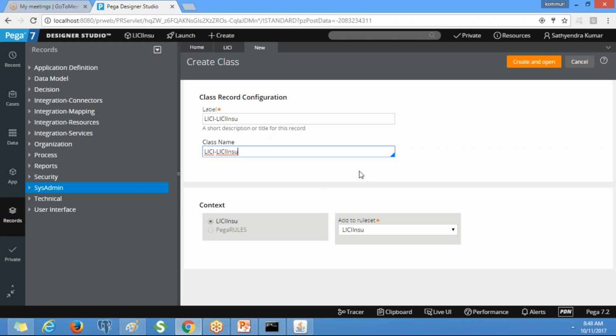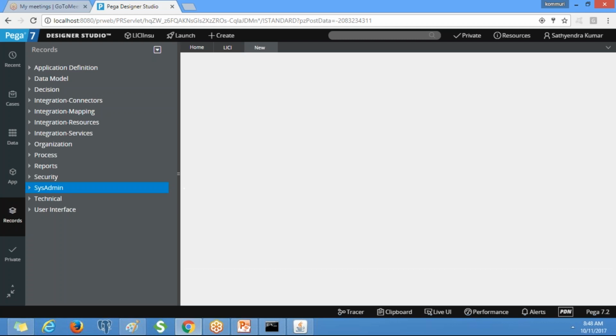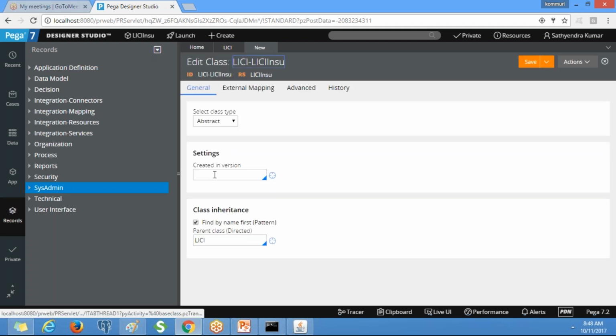Label can be anything, but the class name should be in the format. This is also an abstract class, right? Yes. And you mention work dash covered dash as the directed inheritance.